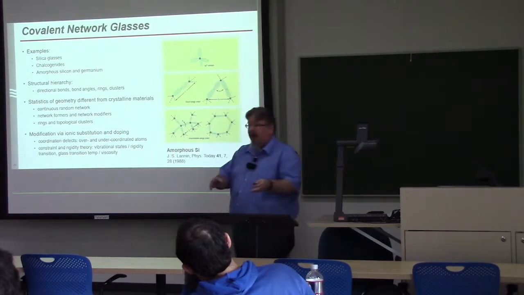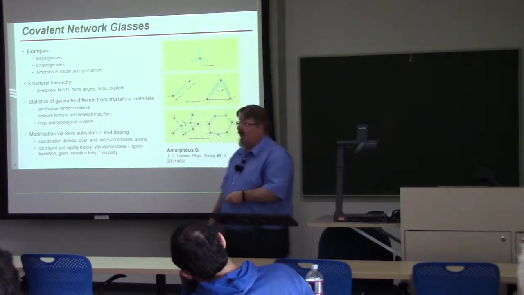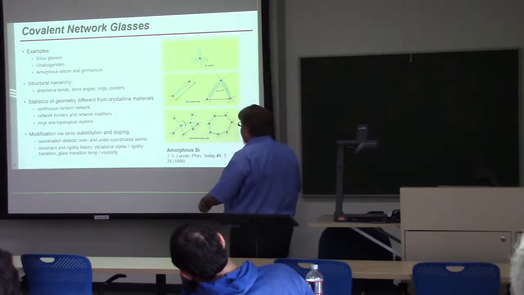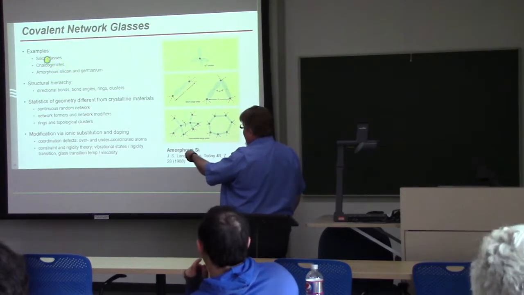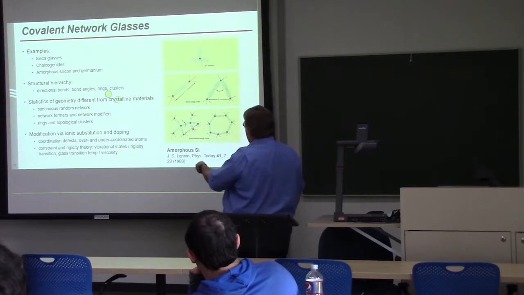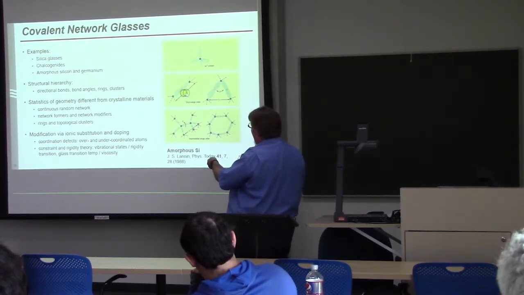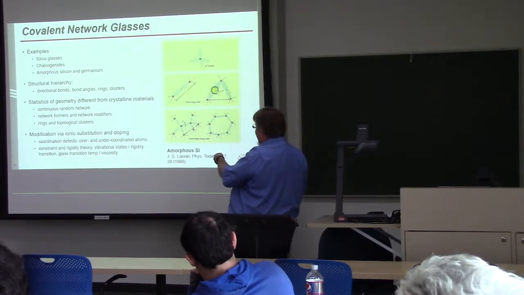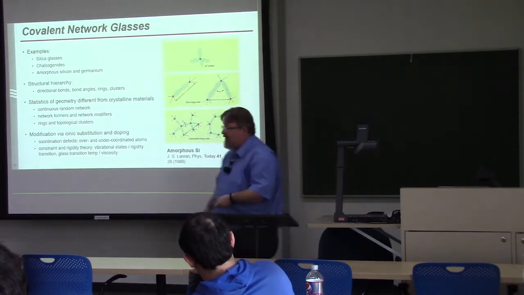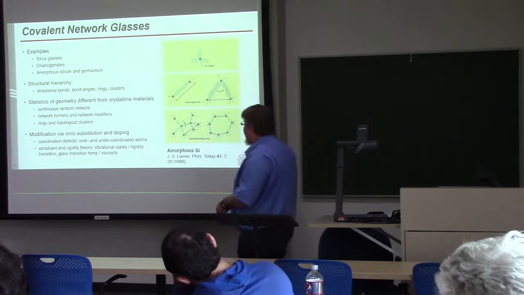If we keep going with the idea of directional bonding, we arrive at covalent network glasses. Examples include silicas, chalcogenides, and amorphous group 4 semiconductors. So these have very strong directional bonding, and therefore both preferred bond lengths and preferred bond angles. So the building blocks are sort of little tetrahedra that then connect with one another.